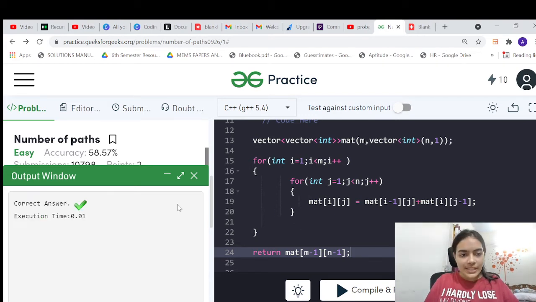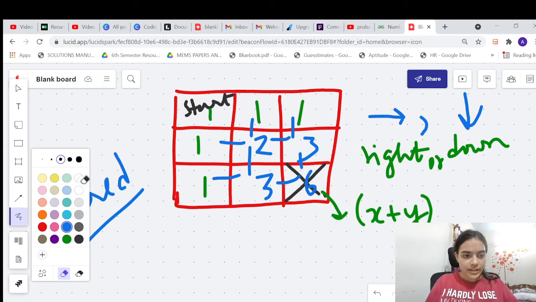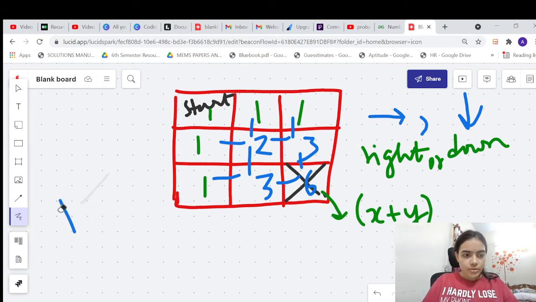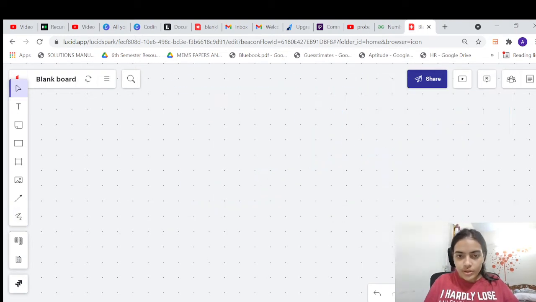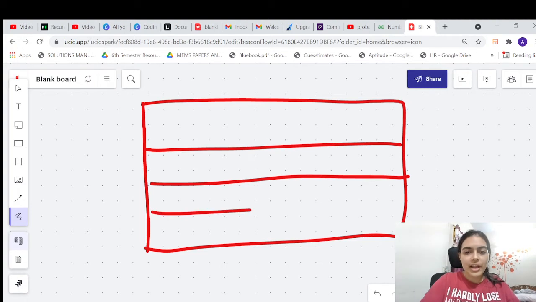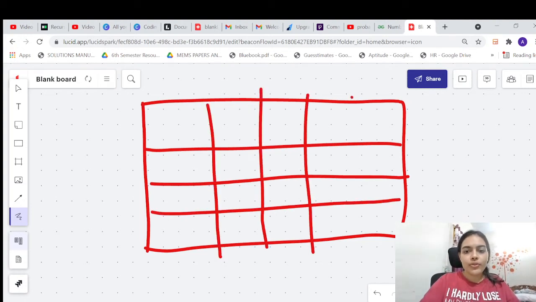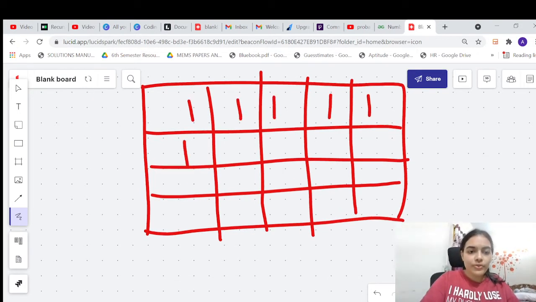Now let's try to optimize this even further. How can we even optimize this? Let me do one thing. Let me expand this so that we understand this even better. So all this is fine, and let me erase everything and create a new matrix. So let's start creating, and we'll do a bigger matrix. Let's say we have something like this, 1 2 3 4 5. Please don't mind my drawing. Let's start filling the values. So you know that initially you're going to fill values 1.